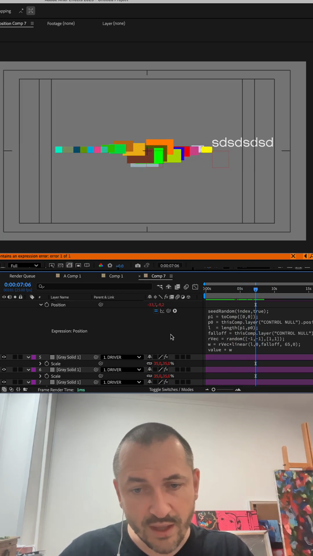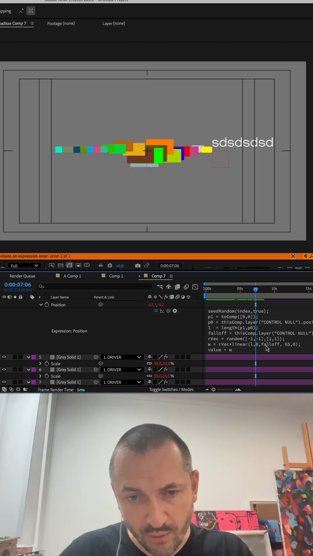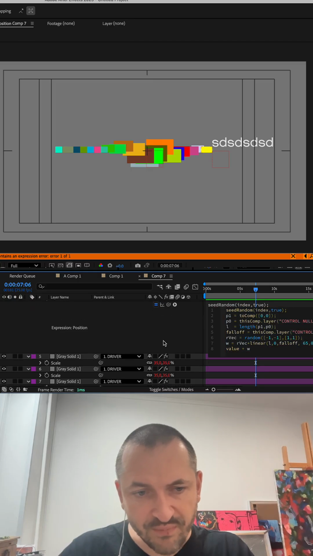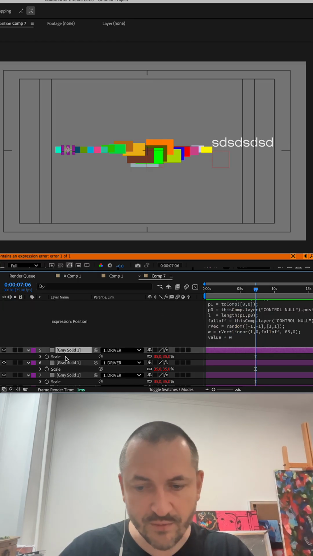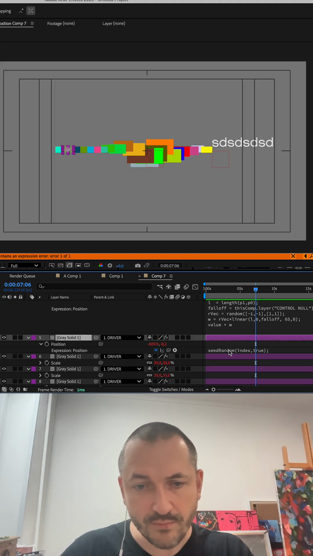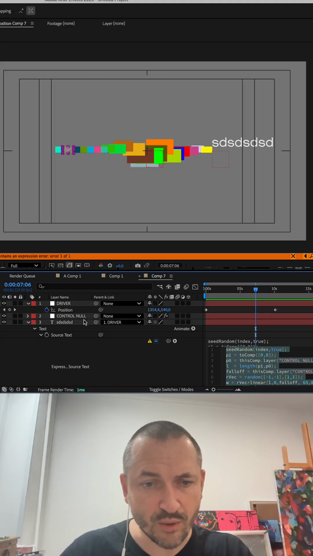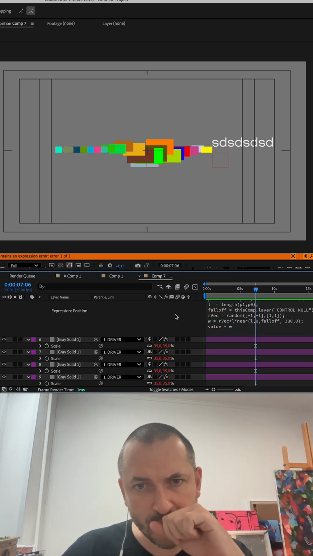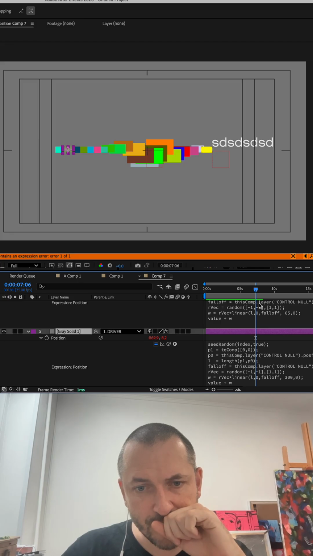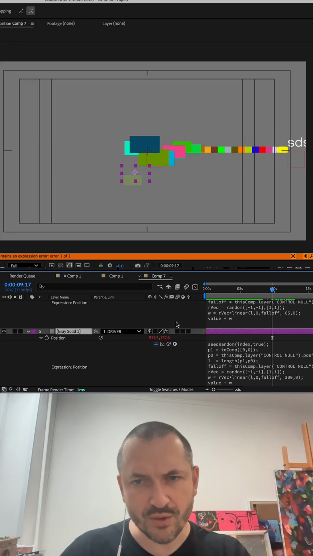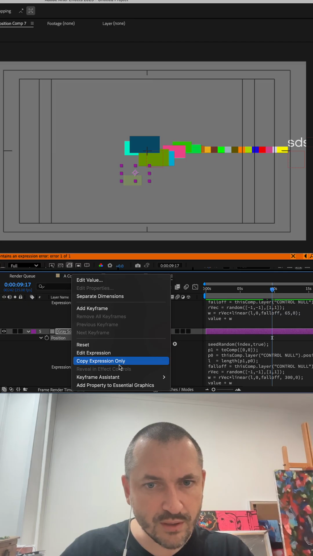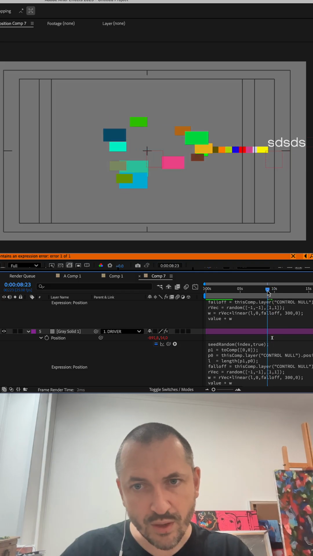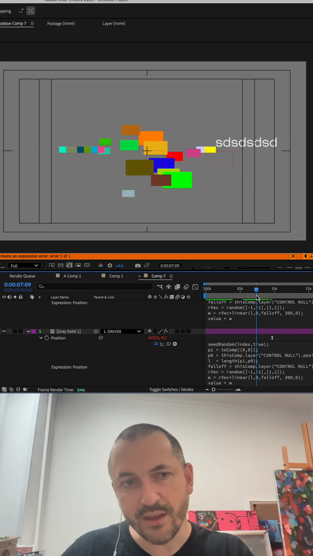And now we understand we have falloff of size, and in position I think 65 is not enough. We need to configure the maximum distance. Also we can do it in our control null, and maybe 300 will also be good. Yes, 300. Let's check. Yeah, 300 is good. Copy expression only. Select everyone and paste. So now we have this. Is it good? I think this is good.